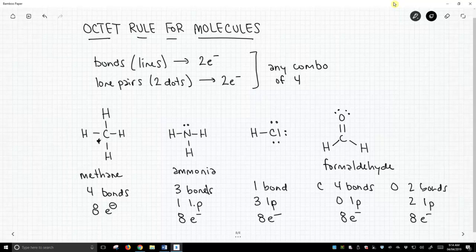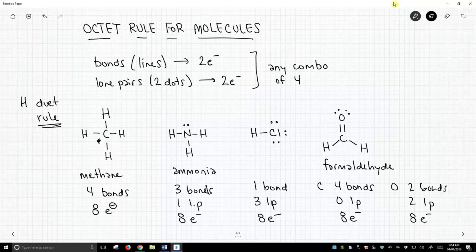Fantastic. Now, you notice we have hydrogens in all these molecules, and we don't talk about the octet rule for hydrogens. As it turns out, hydrogen follows something called the duet rule. Not nearly as well known as the octet rule, but the hydrogen likes to have 2 electrons in its valence. And if you look at all these structures, the hydrogens have 1 bond, 1 line, that's 2 electrons,